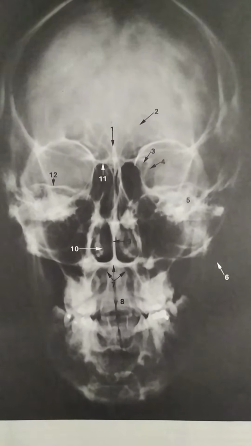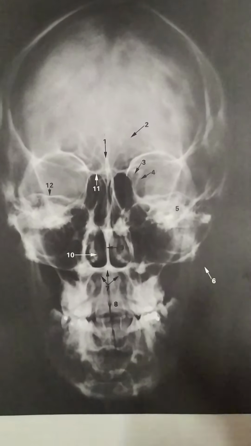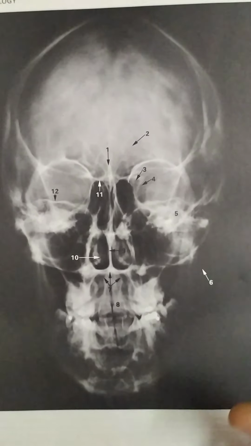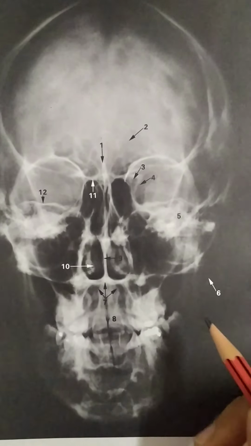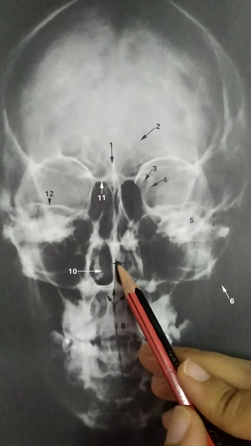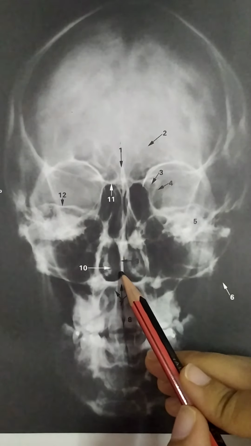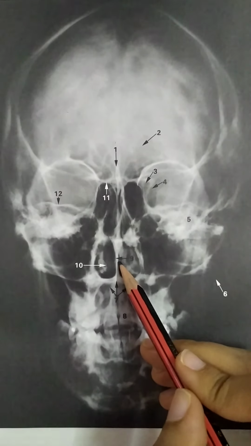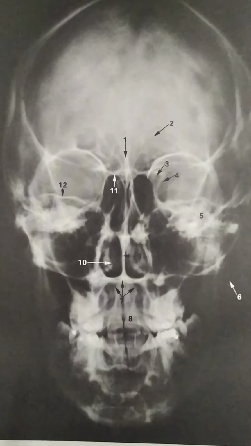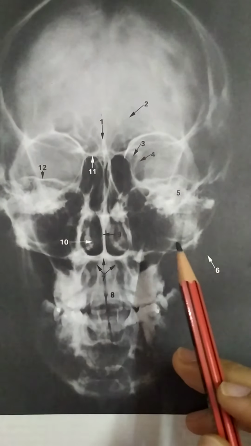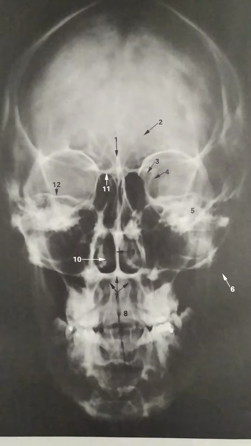What I mean to say is that this is a normal radiograph. After studying this normal radiograph, we would come to know what all features one would be able to appreciate and see on it. Now suppose you have a radiograph in which this ninth point, which corresponds to the nasal septum, is deformed or absent, so one would clearly know that the nasal septum has not developed in an individual. So by this we would come to know about the abnormality present in the individual, right? So now let's get started with what all these points correspond to.